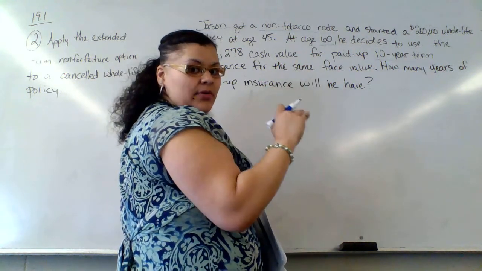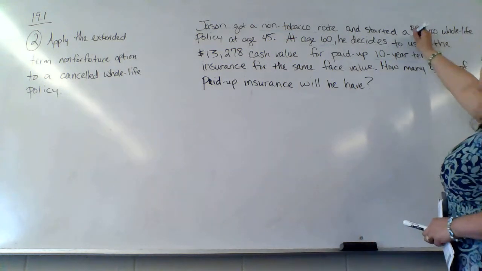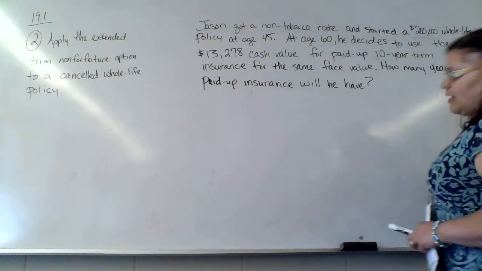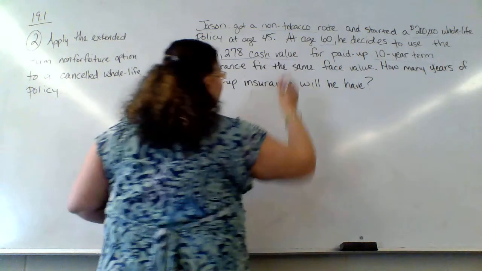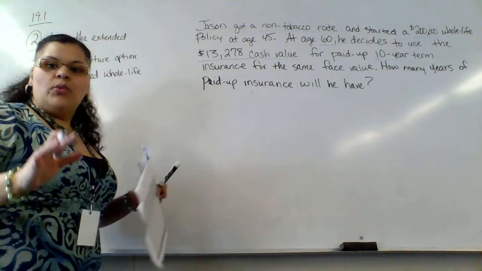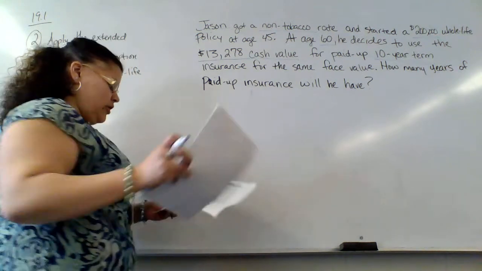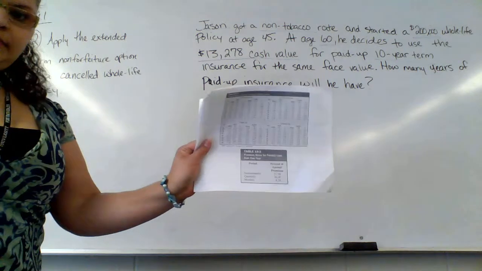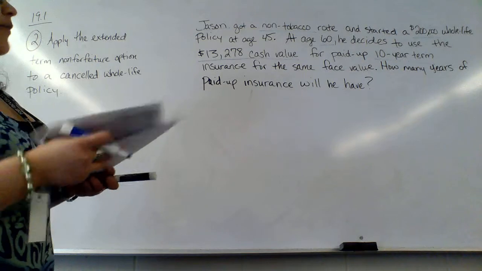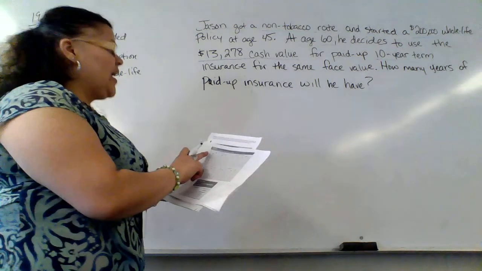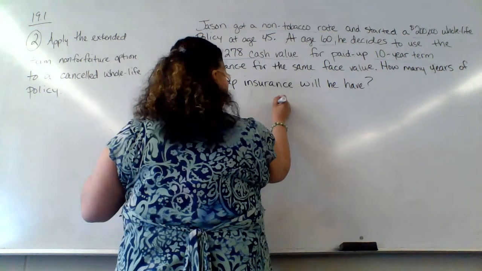He started off at whole life, but he's 10-year term now. So we're using the second policy. And then he also has a face value of $200,000. And his cash value right here is $13,278. Very important stuff. So first we find the annual premium. And when you look on your chart, when you look at 19.1, in this chart up top, you're going to see that for a 10-year level term, male who is 60, non-tobacco smoking, the rate for that will be